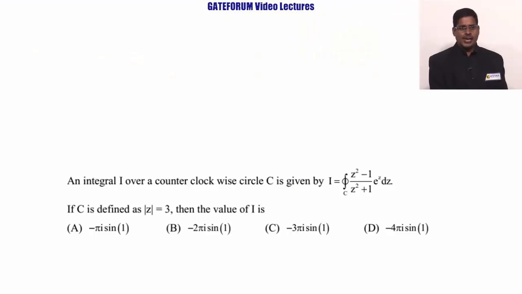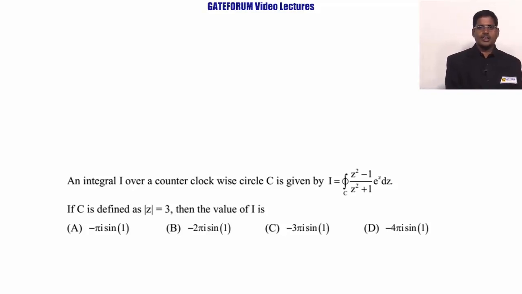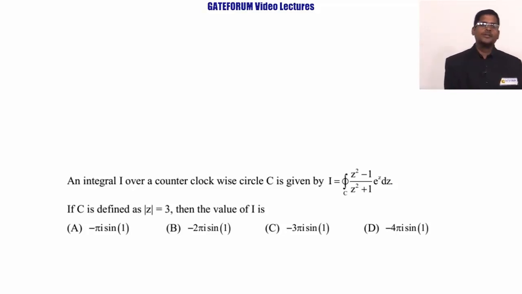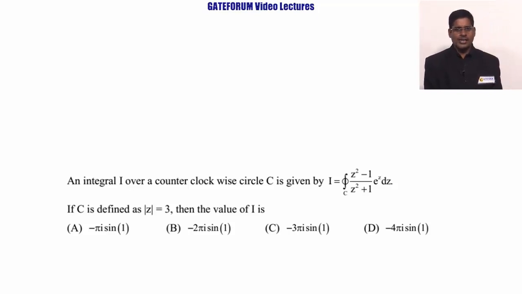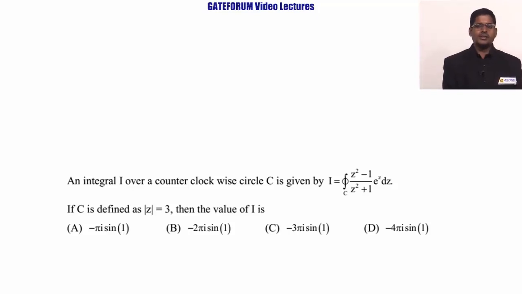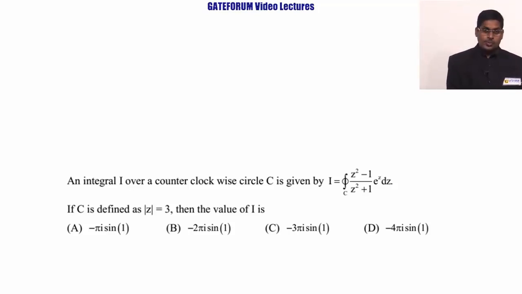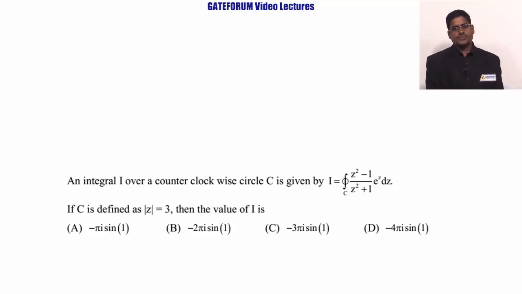The question is: an integral I over a counterclockwise circle C is given by I is equal to the integral over C of (z square minus 1) by (z square plus 1) into e to the power z dz. If C is defined as mod z is equal to 3, then the value of I is, options A, B, C, D given. This question is from engineering mathematics. Topic is complex variable. Subtopic is complex integration, which is from GATE 2017. The solution is,